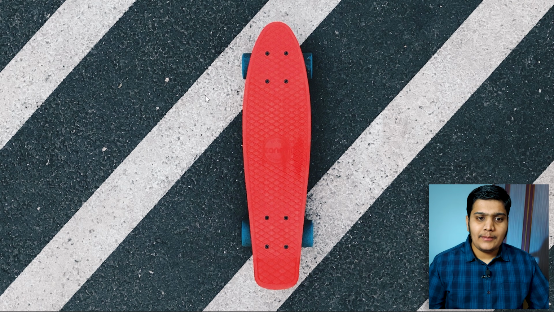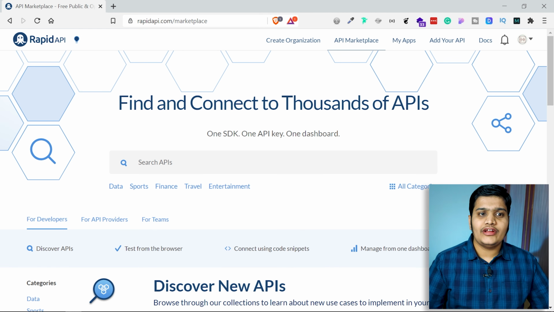So let me open the Rapid API page over here. Whenever you open rapidapi.com, you will be greeted with the login page, where you can sign up for an account. I have already signed up, and you can see that I'm already logged in. For you it will take a couple of minutes to log in.